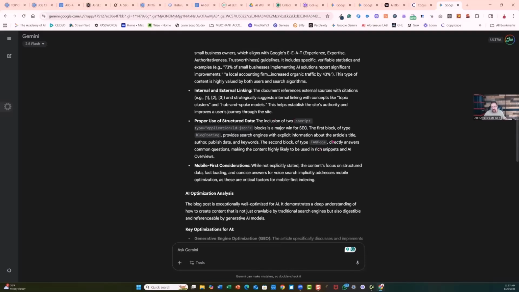And it even tells you that. And it says, provide search engines with explicit information about the article's title, author, publish date, and keywords. The second block, the FAQ one, the schema code directly answers common questions, making the content highly likely to be used in AI overviews.